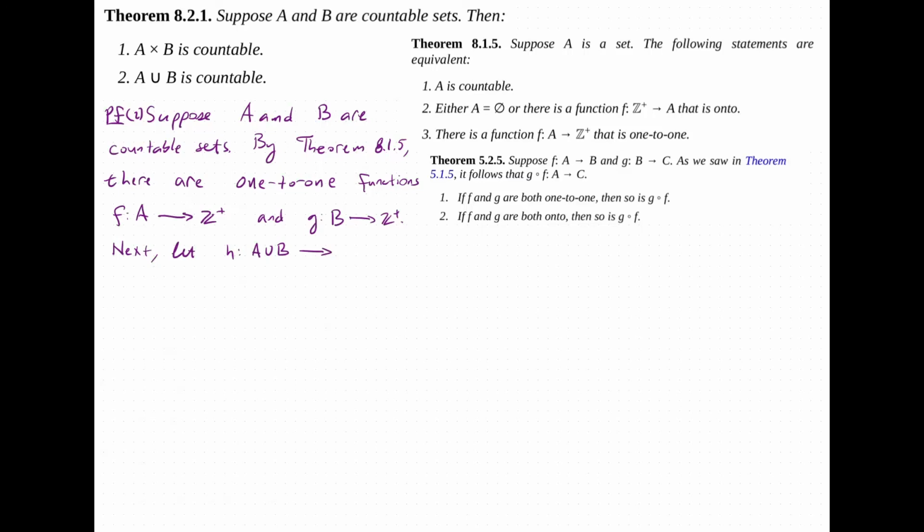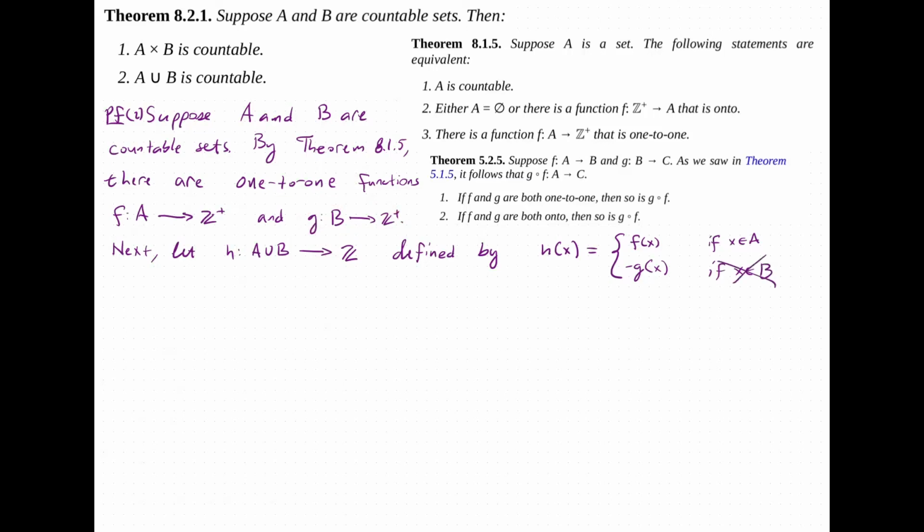So we need to take special care for elements in the intersection of A and B. What we are going to do is define a function not going to the positive integers, but rather to the integers. The way we're going to define this function is in the following way, where we're going to take h of x. Note we have two functions, f and g. We are going to send x to f of x if x is in A. And we're going to send x to the negative of g of x. But if we were to simply say if x is in B, this is wrong.